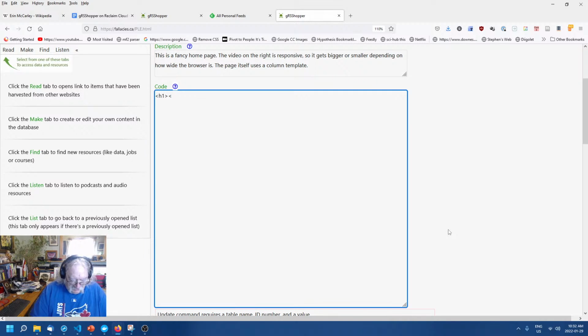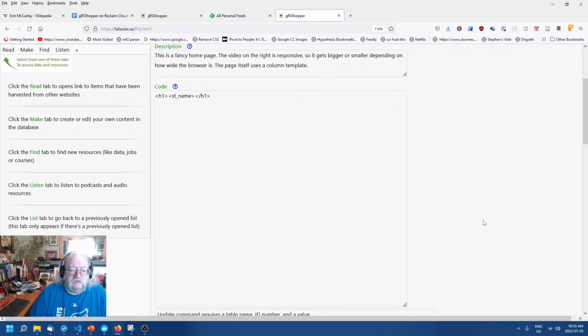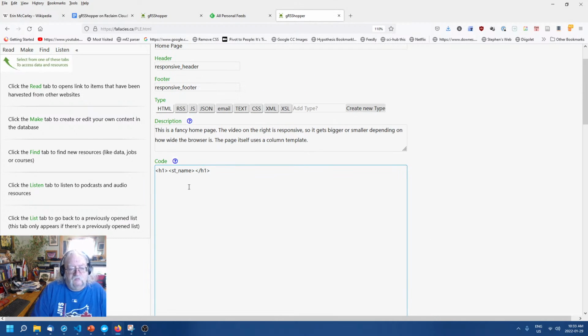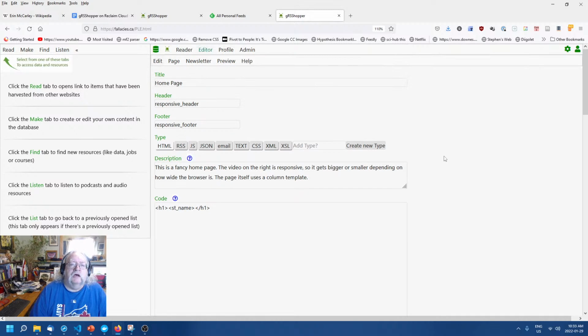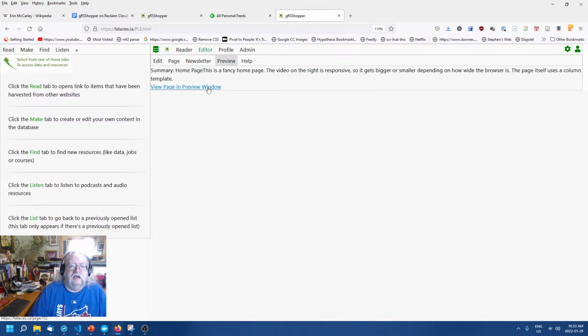So if I put an angle bracket, just like a web tag, and then st_name, that's the site name. And then I'll close that. So that's how I define how I want the site name to appear on my page. Now, let's take a look at what this looks like. So I'll click preview up here, and see already we're seeing the summary,